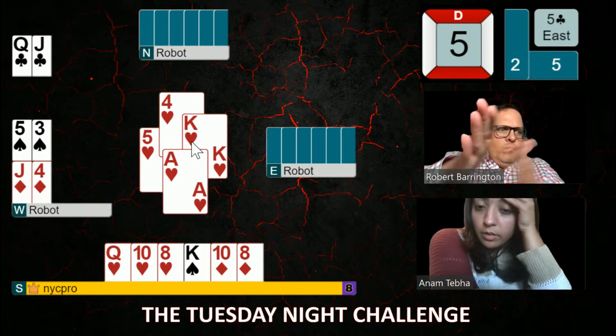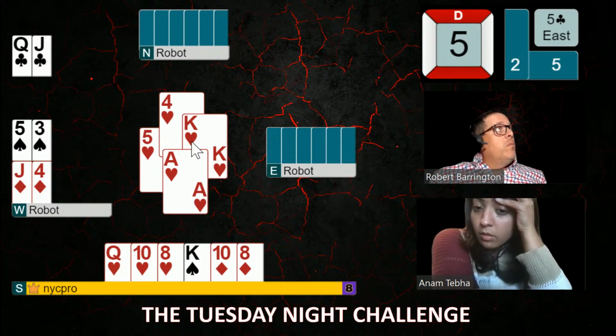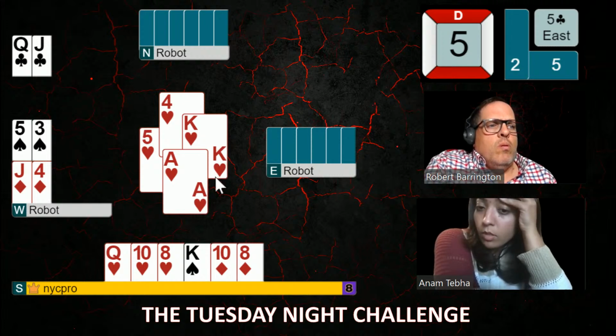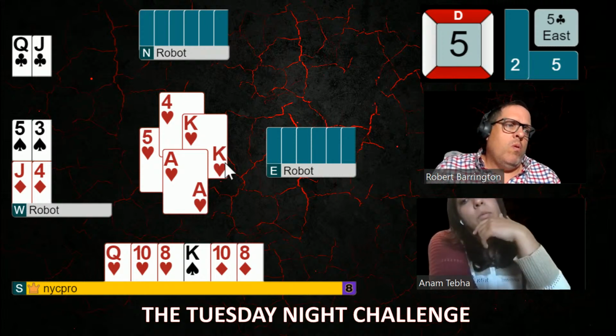Now let's see here. If we play a diamond, the queen's coming out, and that sets up some stuff. So let's see here. And they can always get there with clubs. Partner hasn't shown up with anything yet, right? Guess we can hope partner is going to ruff the diamond, but